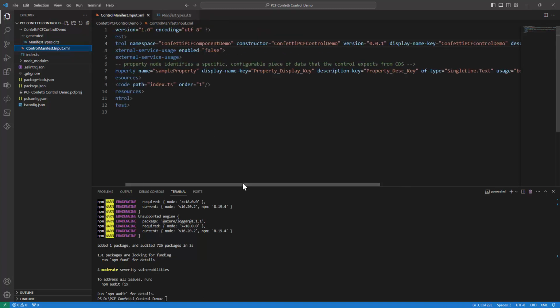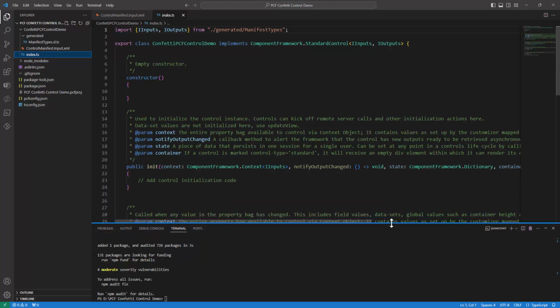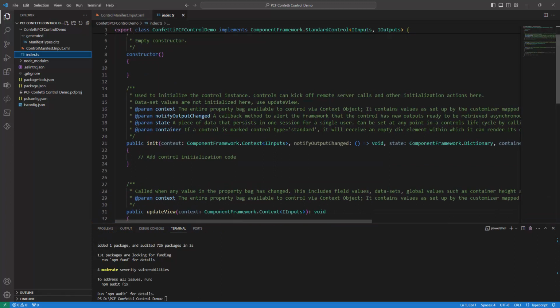Perfect, right? So now that you have this file, the next important file, or in fact the most important file, is the index.ts file. The index.ts file is the file which helps you create the control. This is going to be the place where you write the code and create your control. It has got